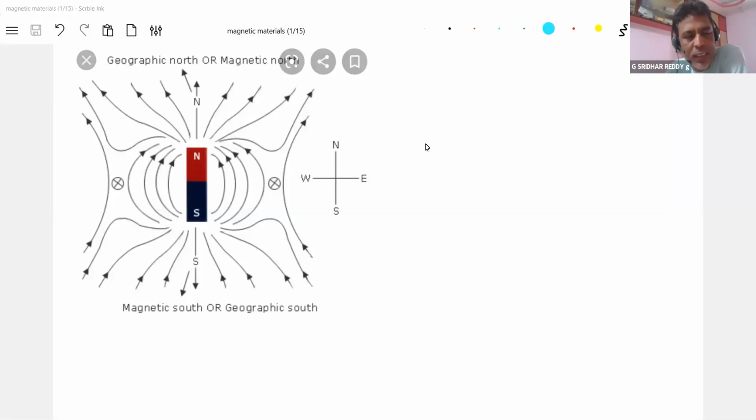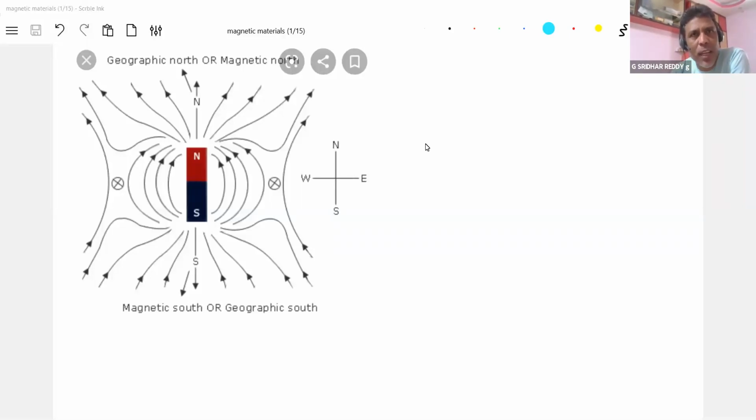We'll continue with terrestrial magnetism. The topics we have left out are the null points and the apparent dip. Apparent dip I'll cover in the end, as it is one separate topic. So we'll first finish off the null points. Then I'll enter into the magnetic materials: dia, ferro, para, and the hysteresis loop. If time is left over, we'll go for the apparent dip. These are the magnetism chapter.